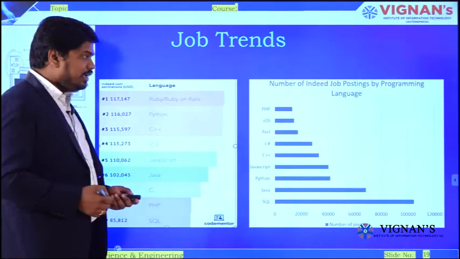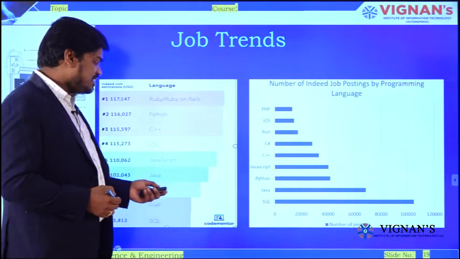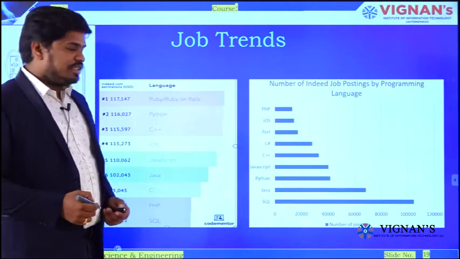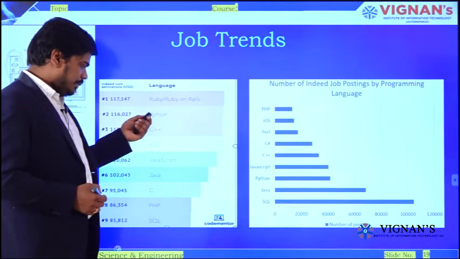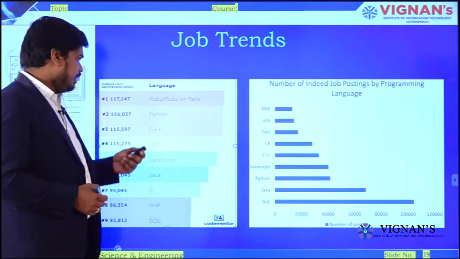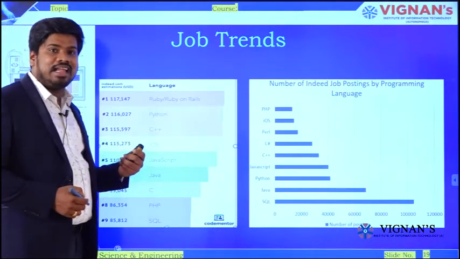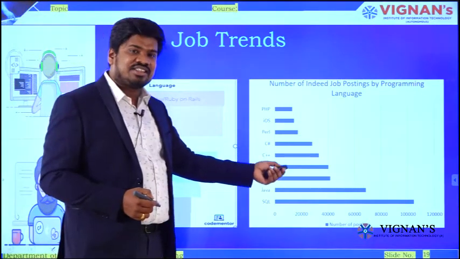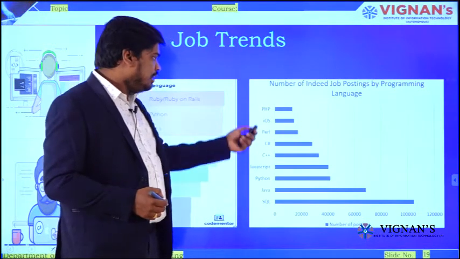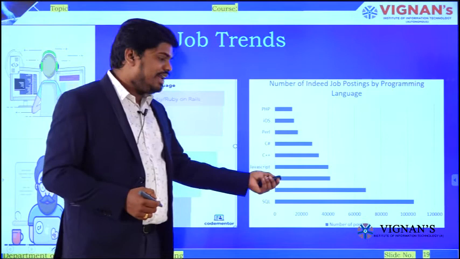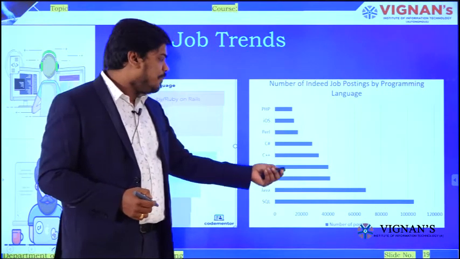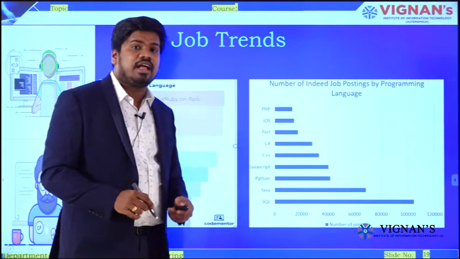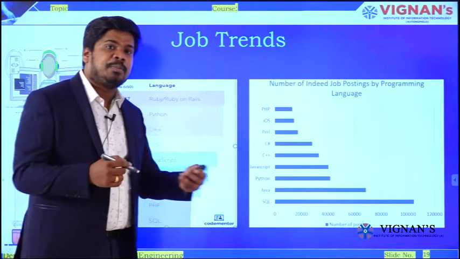If you observe carefully the job trends, I have taken the statistics from Code Mentor and Indeed job postings. If you observe my visualization carefully, Python has been gaining popularity and is standing in the second position. And if you see this visualization, you can understand that the number of persons learning Python is increasing day by day, and the job postings for Python are increasing more. That means the quality of jobs is higher for the persons who learn Python programming.